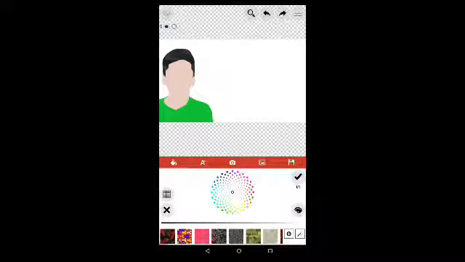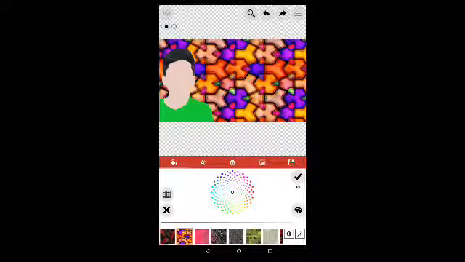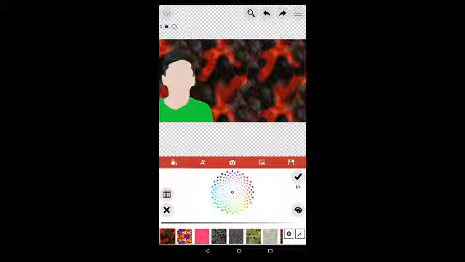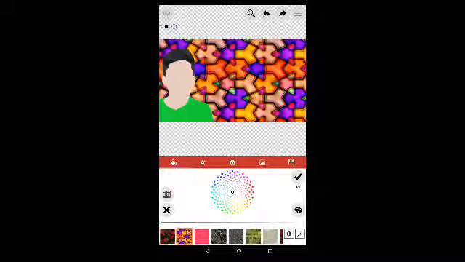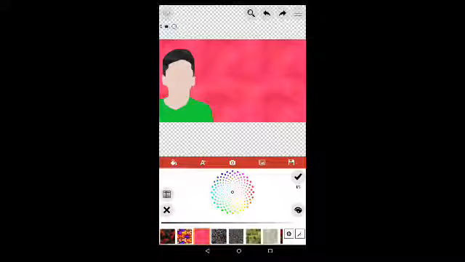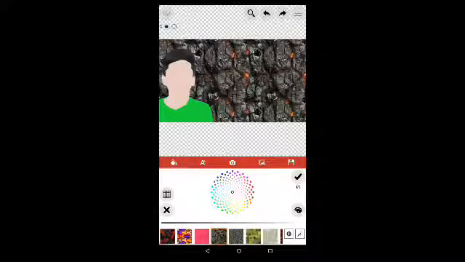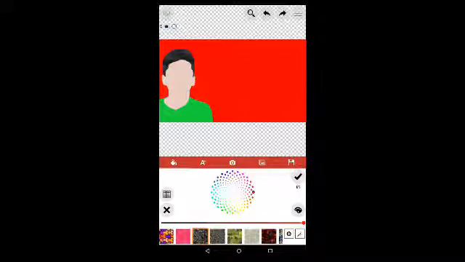So it's better to have a good background. You want to prefer a background in the thumbnail. The background is the most important content in your thumbnail. You can use your background here if you like it. I don't like this. It's not good. It's not so colorful. I think this is not better. I think red is a better thumbnail